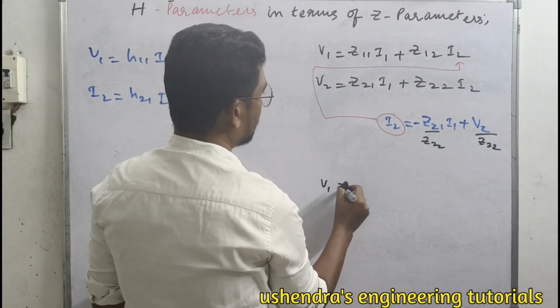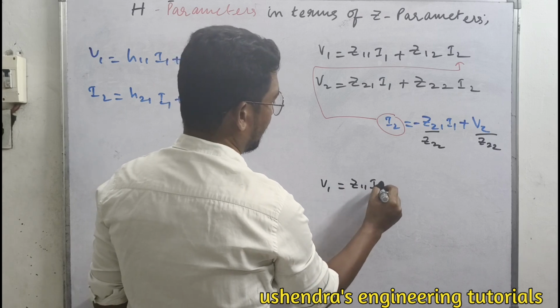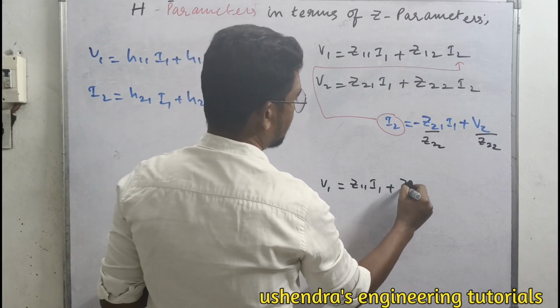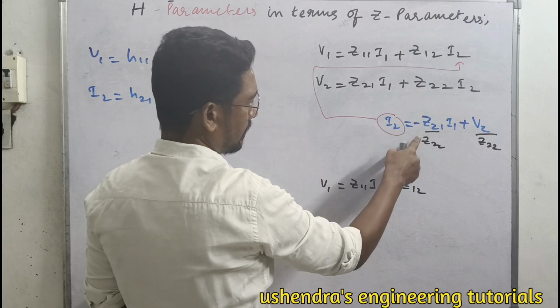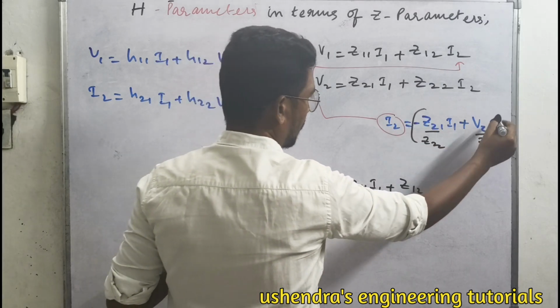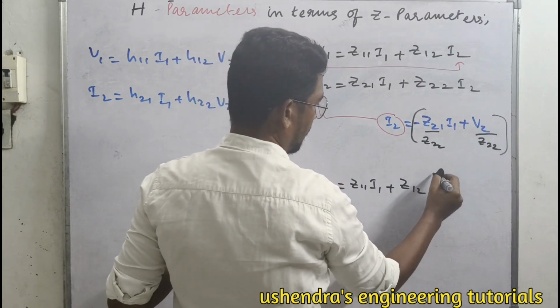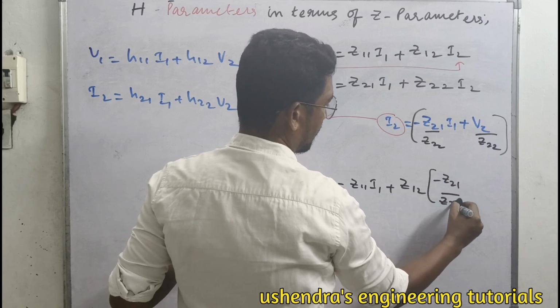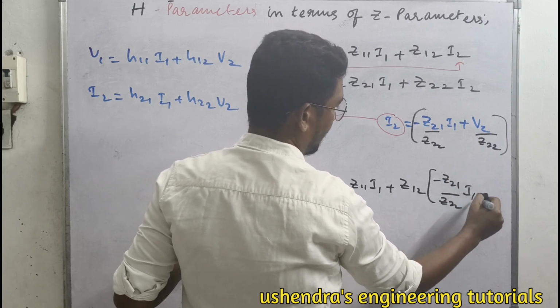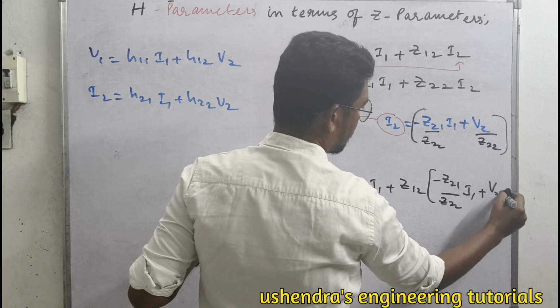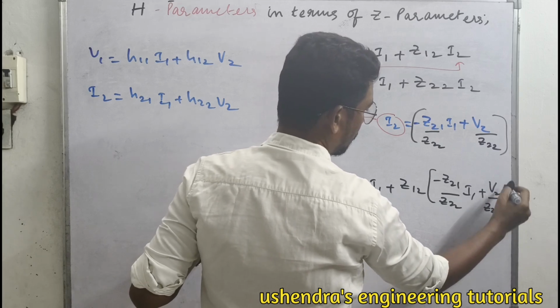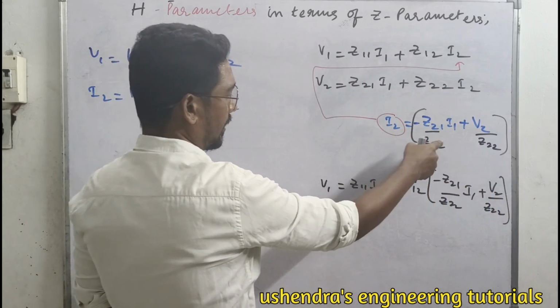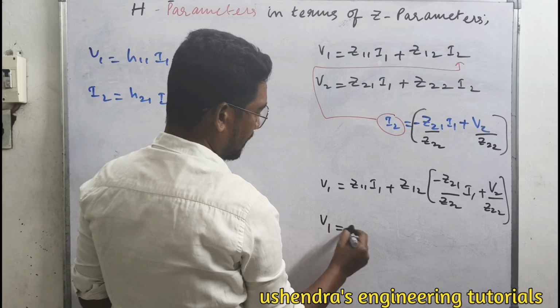v1 will be equal to z11 i1, that's okay, plus z12. In terms of i2, we're going to substitute this entire expression, minus z21 on z22 i1 plus v2 on z22. When we substitute that expression for i2, v1 will be equal to